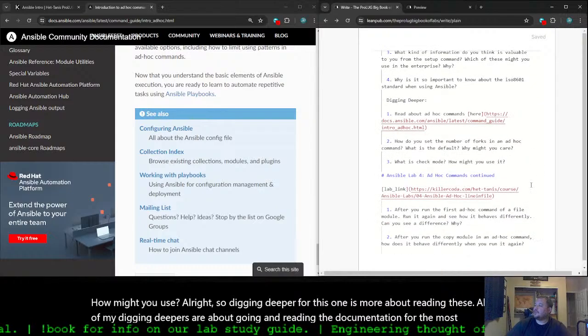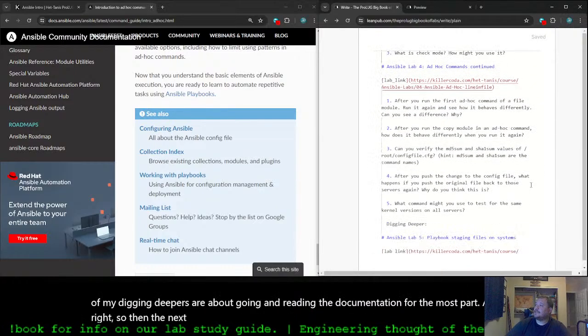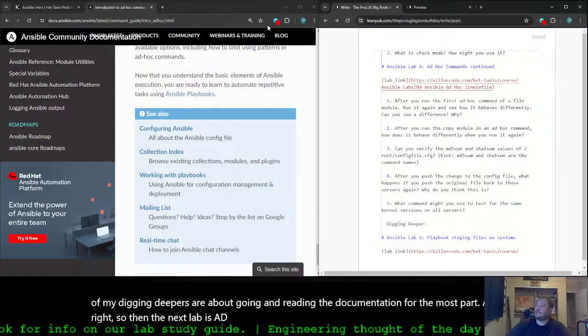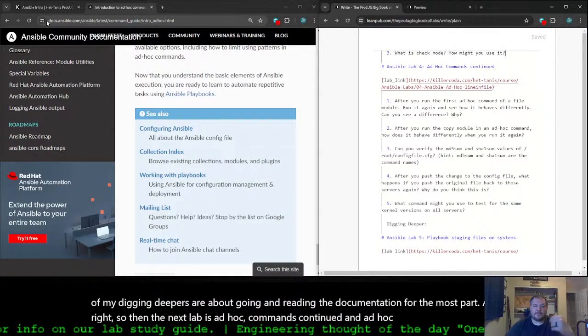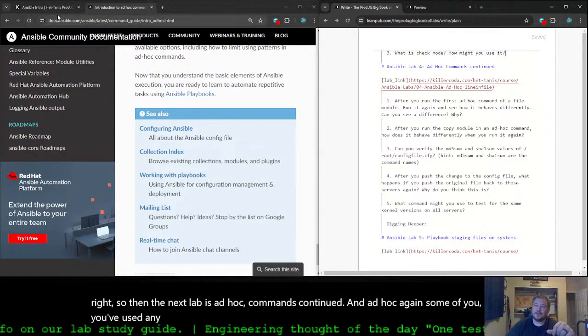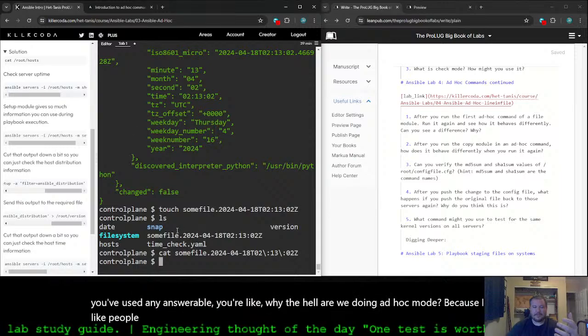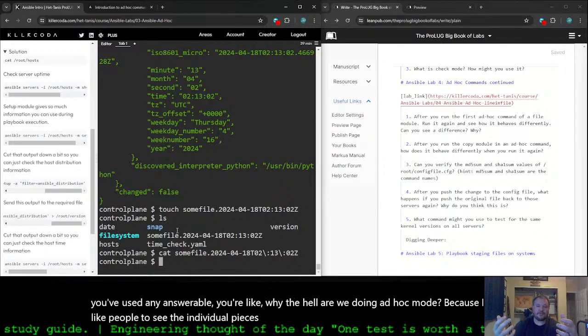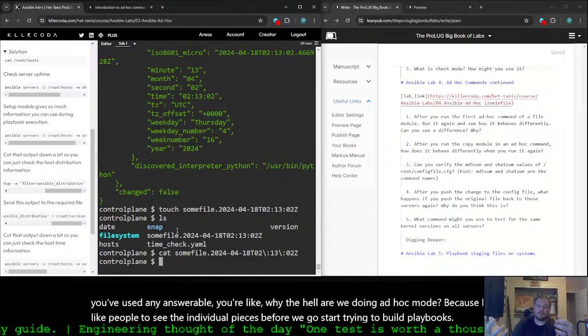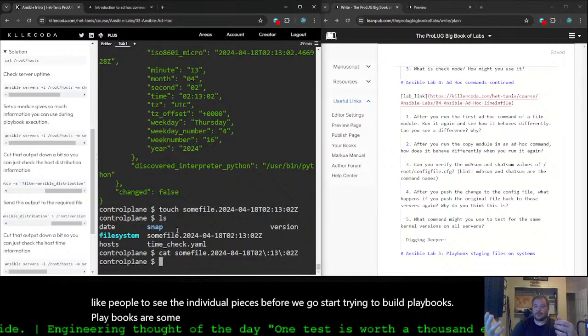All right, so the next lab is ad hoc commands continued. Some of you, if you've used any Ansible, are wondering why we are doing ad hoc mode. Well, I like people to see the individual pieces before we start trying to build playbooks. Some people just pick up a playbook and start running with it, sure.